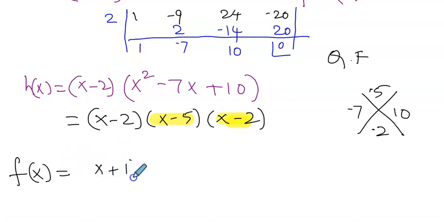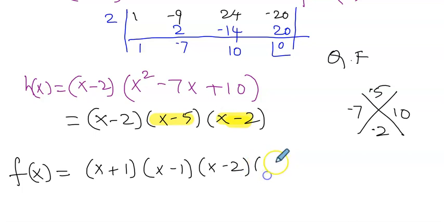First factor was x plus 1 times x minus 1 times this one, x minus 2 times x minus 5 times x minus 2. It is repeating, right? So let me write it here and show you again. This repetition of x minus 2, you can just take it up from there: x minus 2 times x minus 2. You can even write x minus 2 whole squared. Okay, so now my final answer, the roots are,